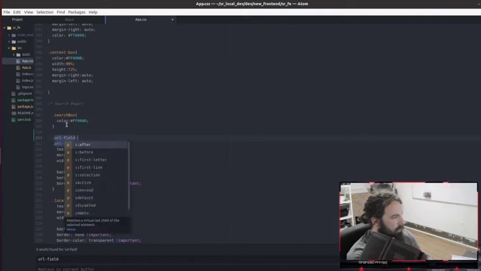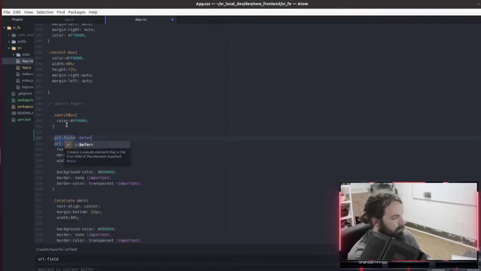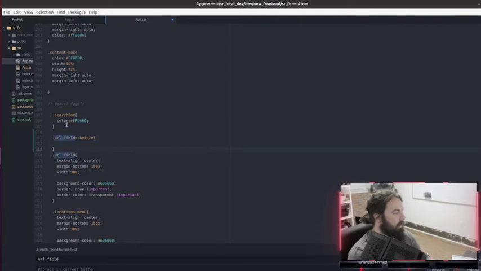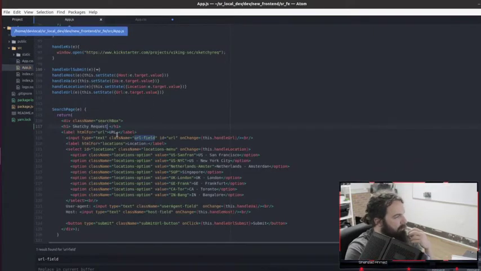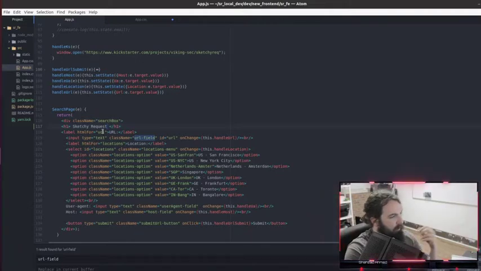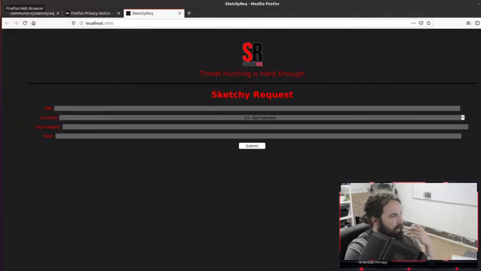URL-field. Let's do, I don't know if it's before. Let's try before. And we need to insert a new line. Is that the way we should do it? I don't really know. I'm not great with the... So basically what we're trying to do is I want to put the label on the next line, because right now it kind of looks like ship, just like right next to it.